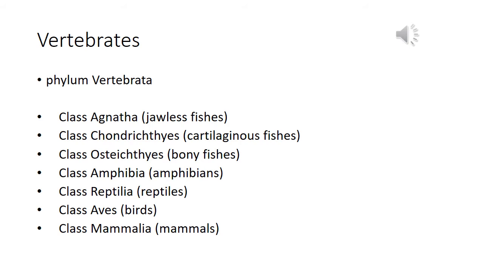So Cambridge would like you to know some, but not all of the vertebrates. The ones we will be covering here are the bony fish, amphibians, reptiles, birds and mammals. But Cambridge left out the jawless fish and the cartilaginous fishes, which means we don't get to talk about wonderful things like the myxine, the hagfish, and we won't get to talk about sharks, which is, in my world, a crime. But we will be covering the phylum Vertebrata, and vertebrates are in general animals who have a backbone-like structure